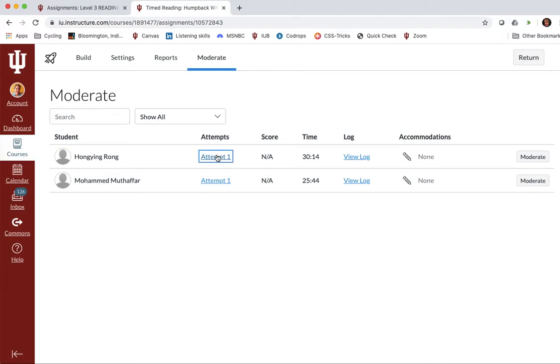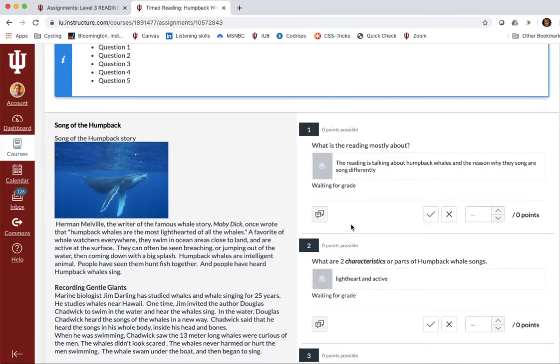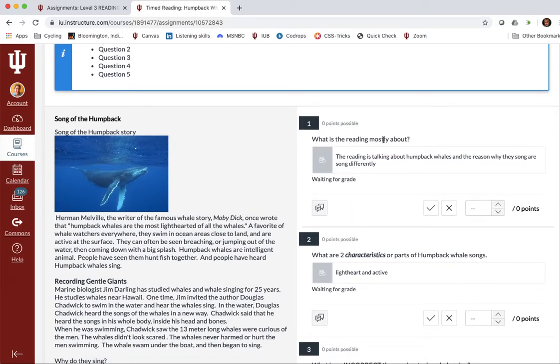If you click on attempt, you'll see the answers your student produced. Here's the question, what is the reading mostly about? And then here is her answer. If it's correct, I can click. I can also do half a point